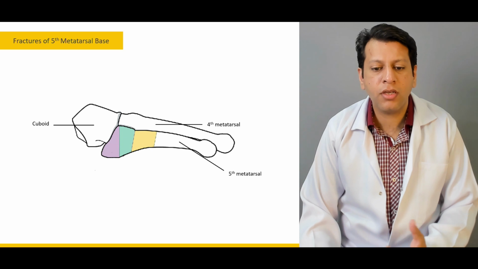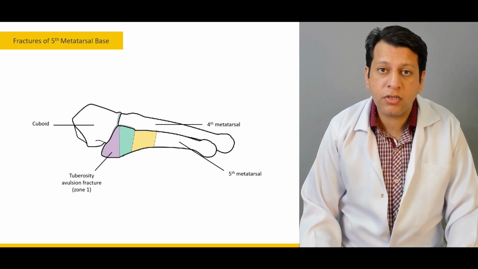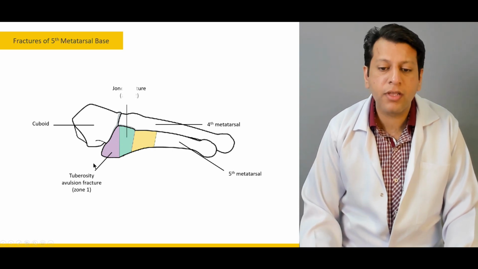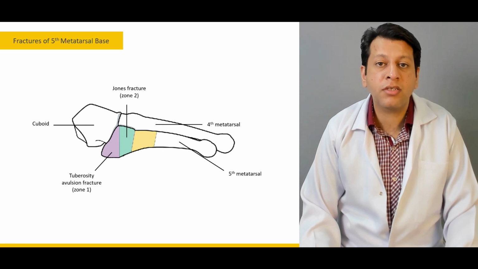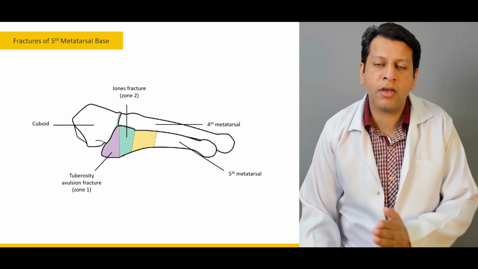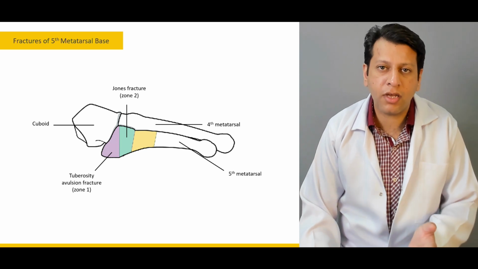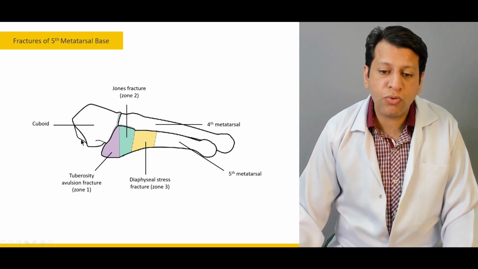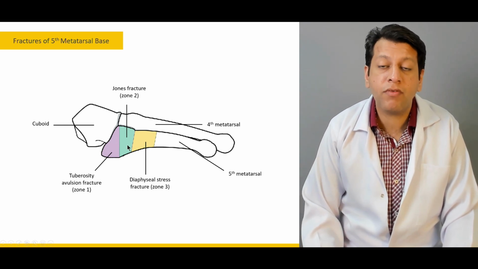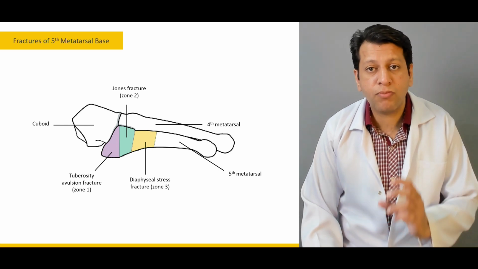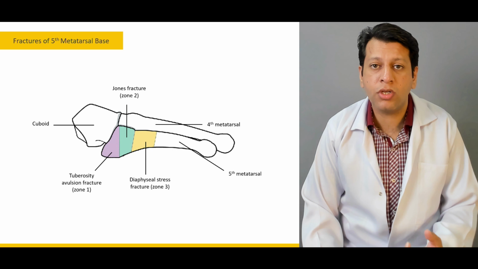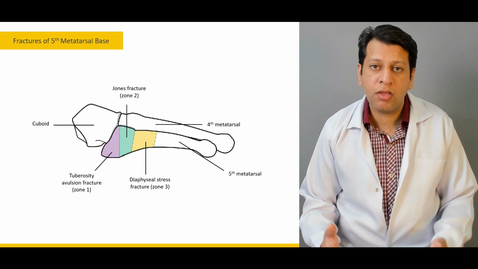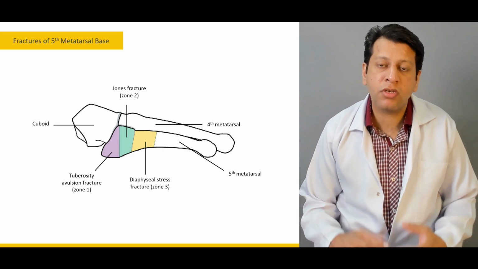Zone 1 is the tuberosity or avulsion fracture, which usually occurs in this zone and is called an avulsion fracture mainly. Then zone 2 fractures occur at the junction of the diaphysis and the metaphysis, and then there could be a diaphyseal stress fracture in zone 3. This zone 2 fracture, which occurs at the junction of the metaphysis and diaphysis, is important because this is the most common area of going into a non-union. So if it's zone 1 or zone 3, that can be managed conservatively,